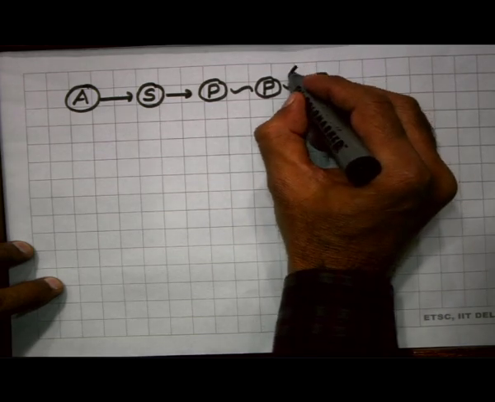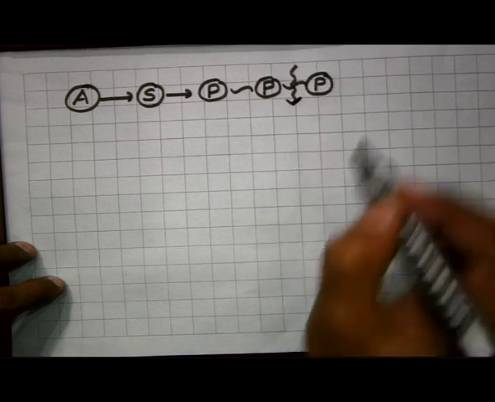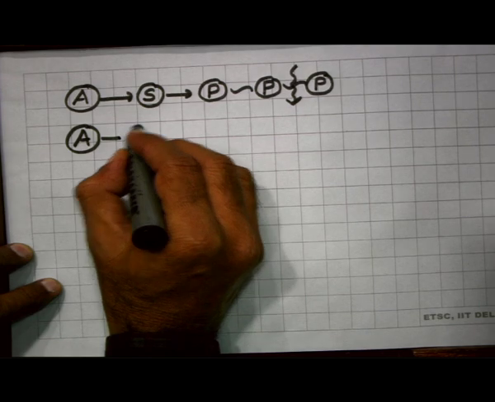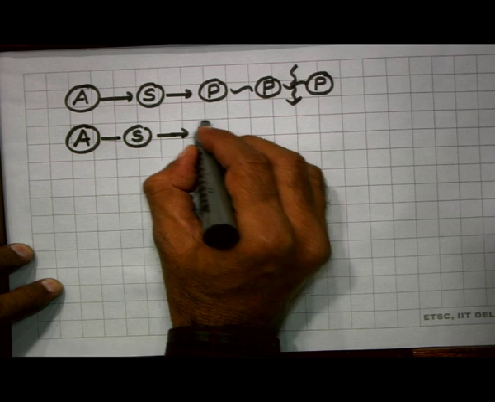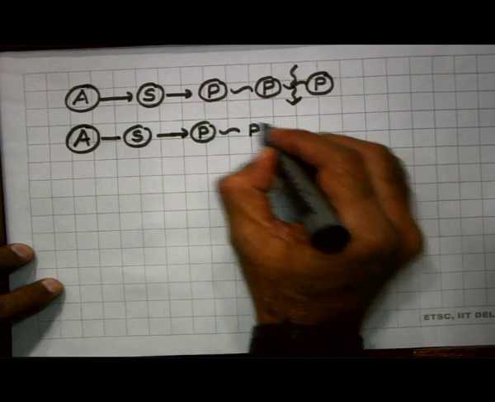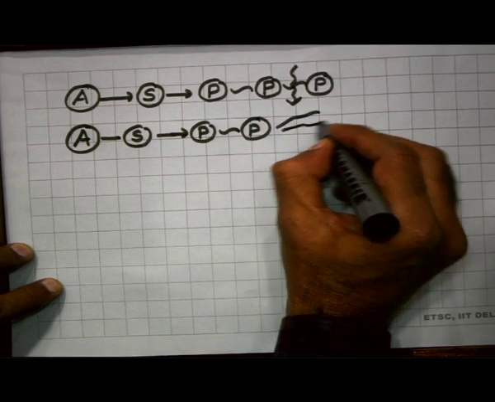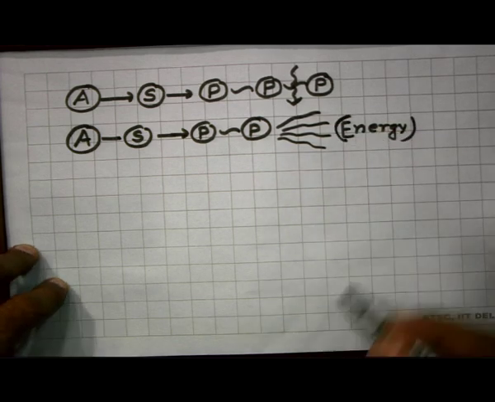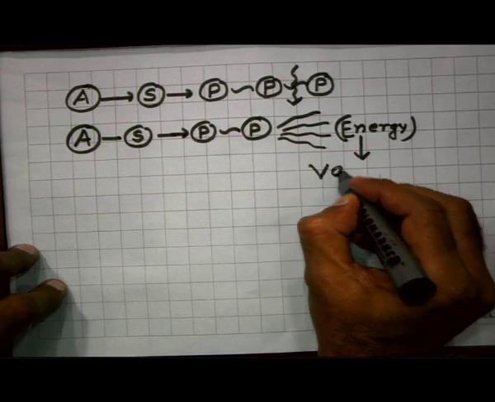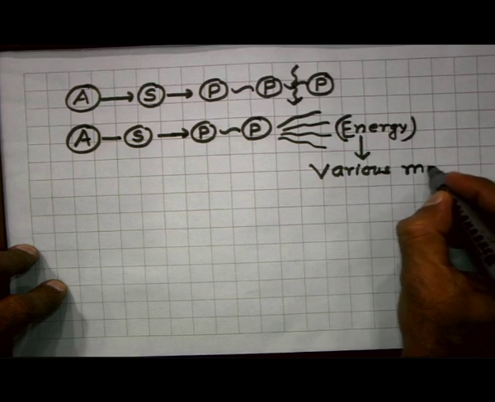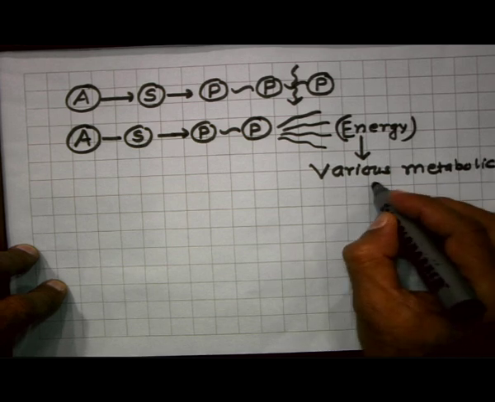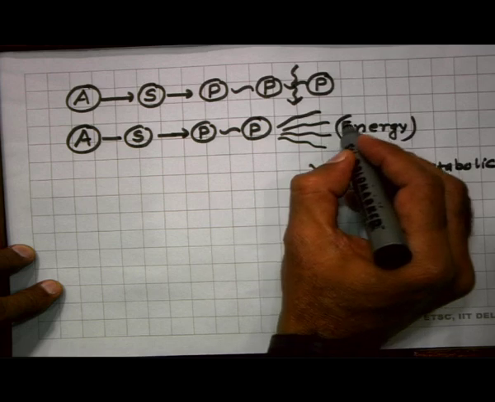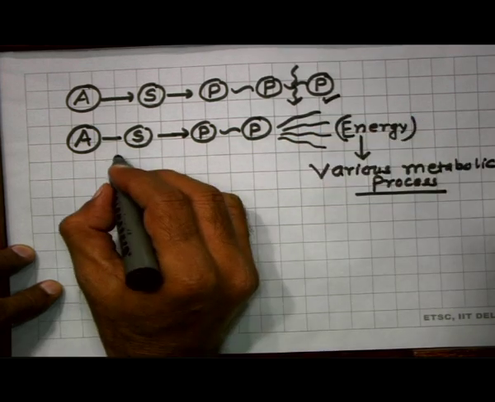The liberation of the last phosphate molecule releases a huge amount of energy, then it forms adenine, sugar, 2 phosphate molecules. Only 2 phosphate molecules are there, then it liberates huge amount of energy. This energy is used in various metabolic processes. And after the liberation of the last phosphate group, it forms ADP,